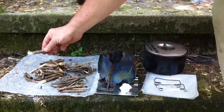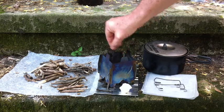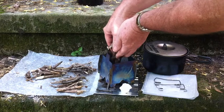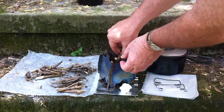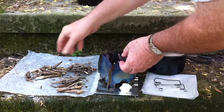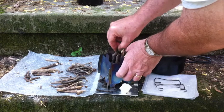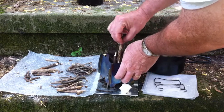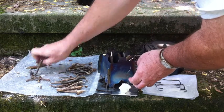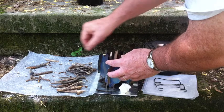For that you need a little bit larger wood, maybe as small as your little finger or a little smaller, a little bigger than a pencil. Load that in, not too tightly but not too loosely, because you want to have enough to burn. We're going to see if we can bring 3 cups of water to a boil with 1 fill of wood, which I already know you can do, but I'm going to try and demonstrate it here. So I'm going to load those in,